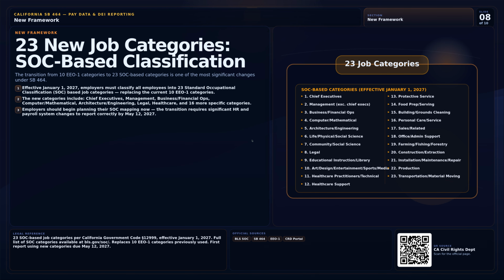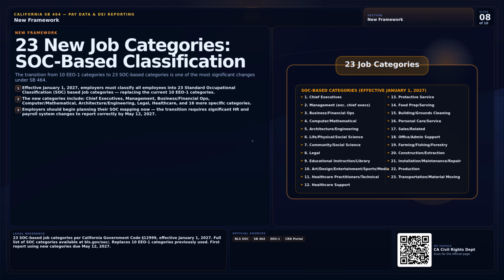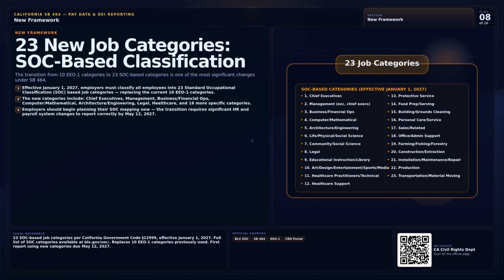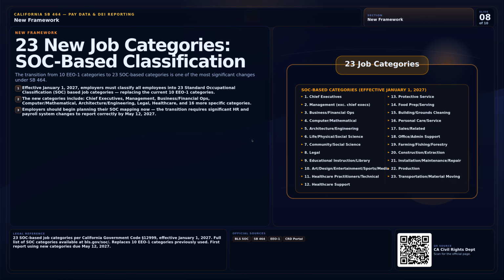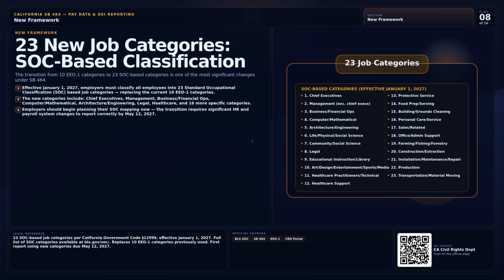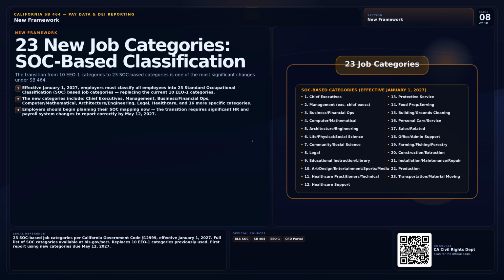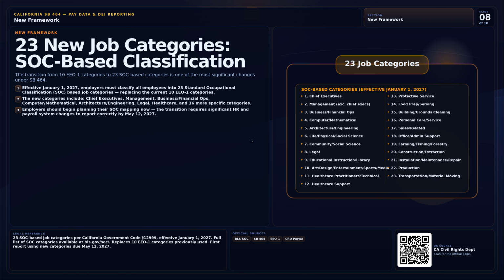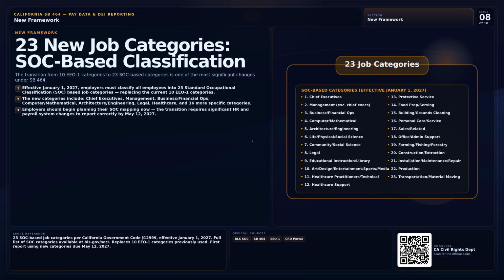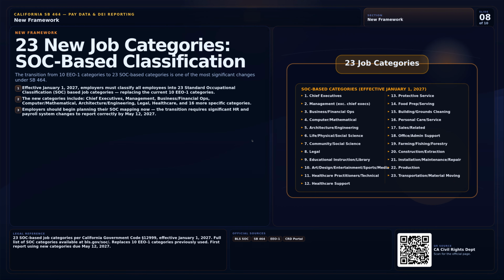The new categories are far more granular and include chief executives, management excluding chief executives, business and financial operations, computer and mathematical, architecture and engineering, life, physical and social science, community and social service, legal, educational instruction and library, arts, design, entertainment, sports and media, healthcare practitioners and technical, healthcare support, protective service, food preparation and serving related, building and